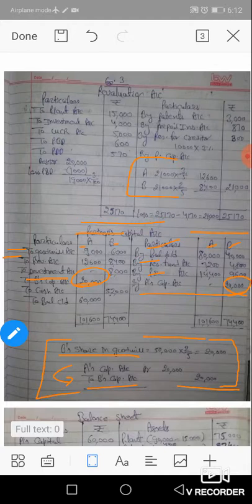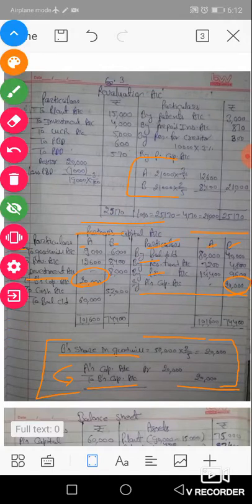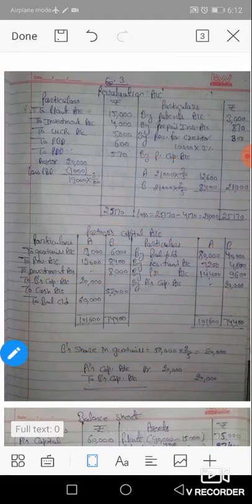Now adjustment number 5. The total investment is valued at 16,000. Half of these investments were taken over by B. So half means 8,000. So rupees 8,000 debited to B's account. How? If any partner takes assets from the firm, then the amount of assets will be debited to his account, meaning subtracted from his account. So 8,000 will be subtracted from B's account. So the journal entry is B's capital account Dr. to investment rupees 8,000.